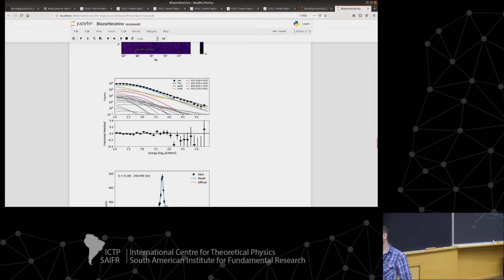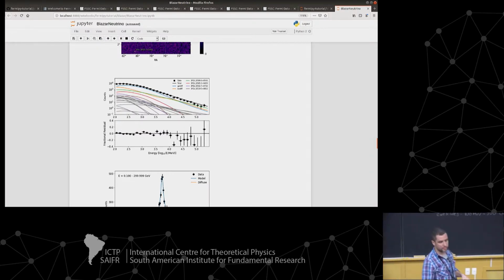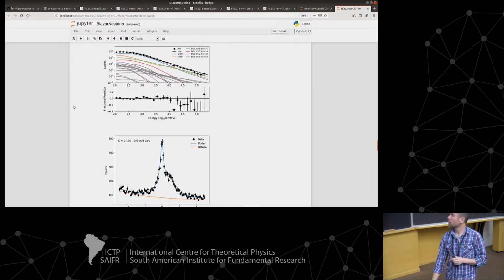Of course, we can make a better fit if we free other sources. It's always possible to improve a little bit. But in this case, we are not going to try to improve it more than we already have. And these other two plots here